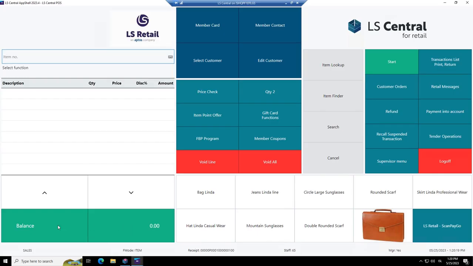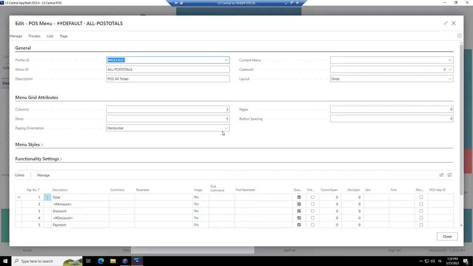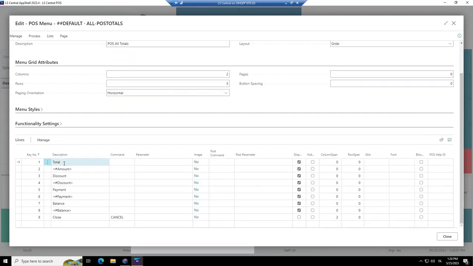And if you remember from the beginning, we could enter either of these buttons and get another menu. So this is actually a menu that opens as a POS menu. Right-click here and go into menu properties. And you see the menu has 2 columns and 5 rows. And if you go into the lines, you see the first line is the word total, and there is the amount, the word discount, and the POS tag with the discount, the word payment, and the POS tag with payment, the word balance, and the POS tag for balance. And then we have just the close with the POS comma. The other ones are just displayed.